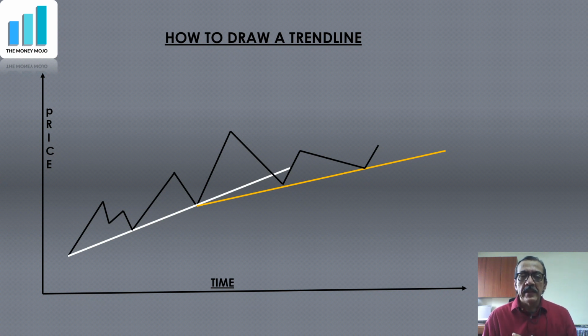Okay, so what is a trend line? At its very basic, a trend line is a line which connects two points. So the real question is, does it mean that a trend line can be drawn between any two points on a price chart? And the answer is no. There are certain rules that we need to follow. For example, you can't draw a trend line like this from here to here,